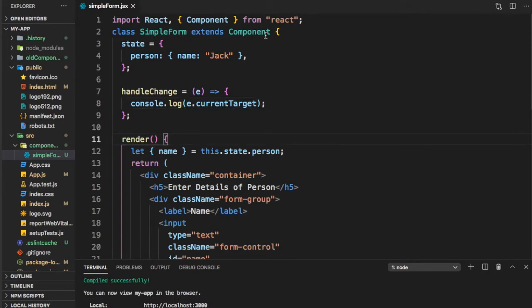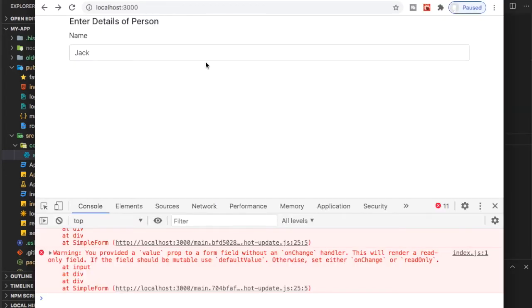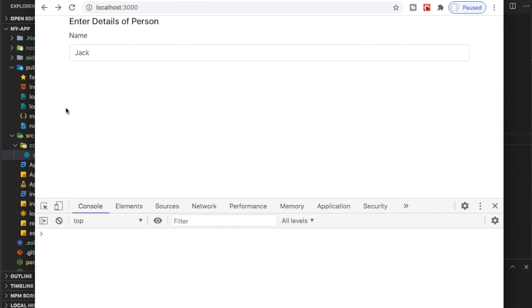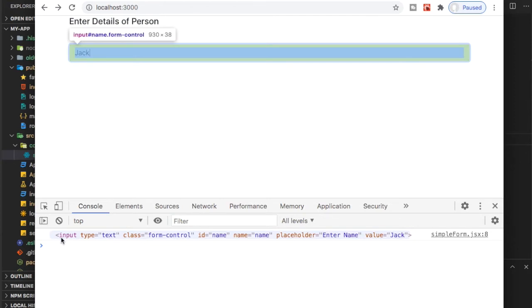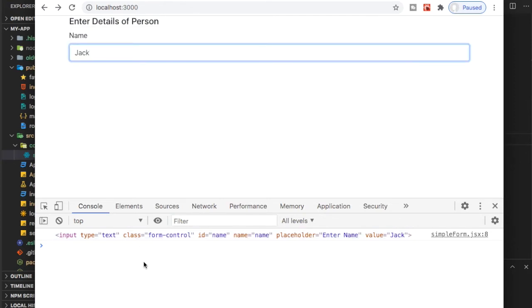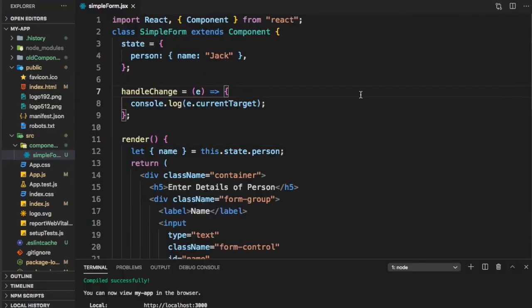Now if you go ahead and check out here, if I press a key, you can see we are getting the console log of the e.currentTarget, which has this text field in it. Now how do we use that in our handleChange?